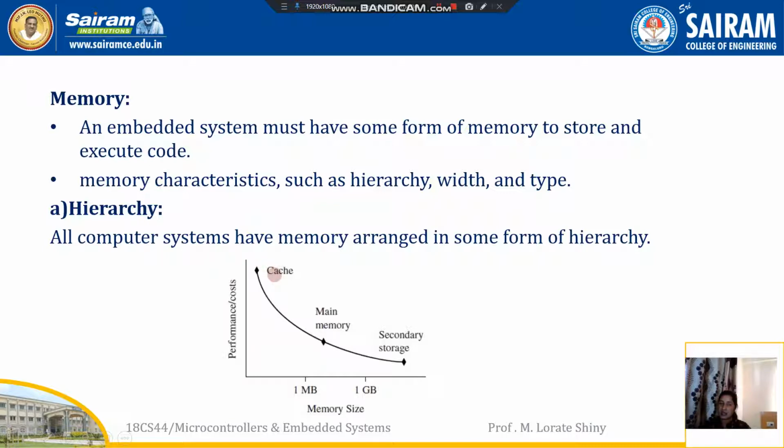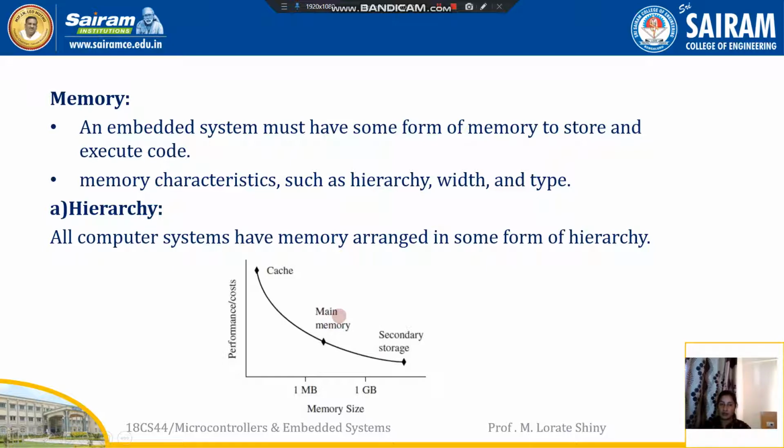But this cache memory will not support the real-time system. It increases the system performance. Next is main memory. It is placed between cache memory and secondary storage memory. Main memory is mostly stored in another memory chip. To access the data from or to the main memory, we can use load store instructions. So based on our requirement, we can choose the size of the memory chip also.